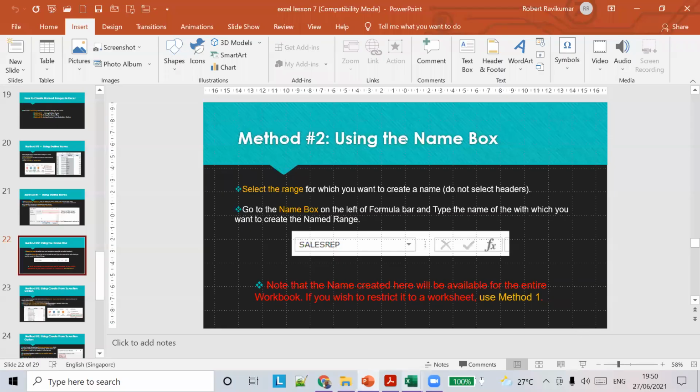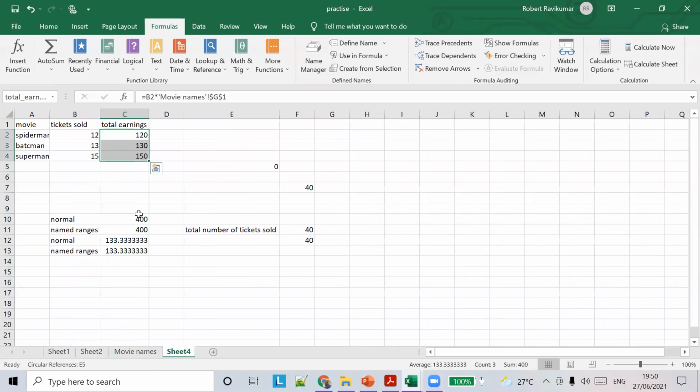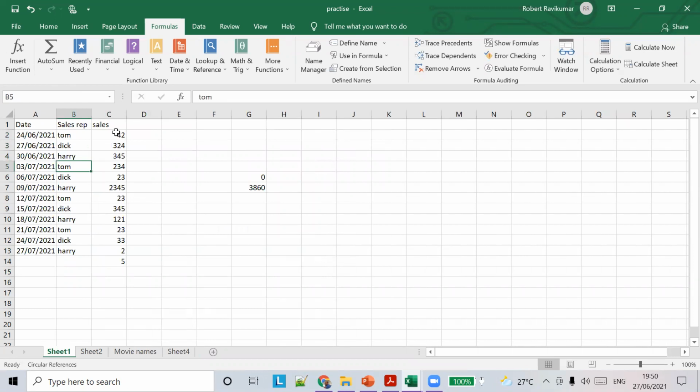Okay, so let's say I don't want to create the name range from this formula. Let's create a name range for these cells.